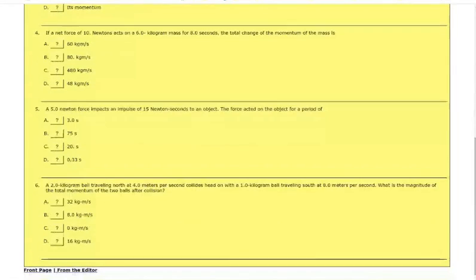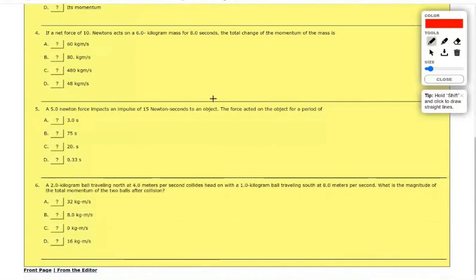How about this one? This is a good one because you'll probably see something like this. A 10 newton force F, mass m, time T. So this is what you should do. What's the change in momentum? So I go to my reference table. What do I see? I see this, and I see delta P.